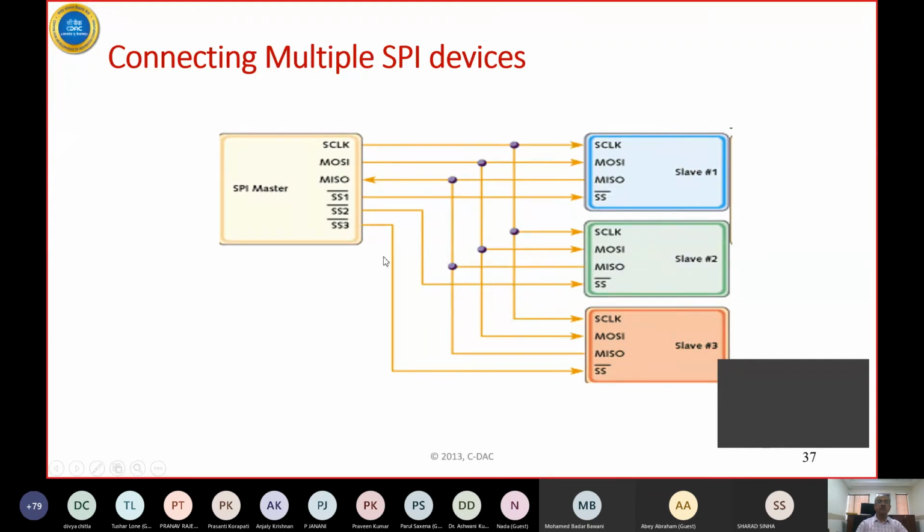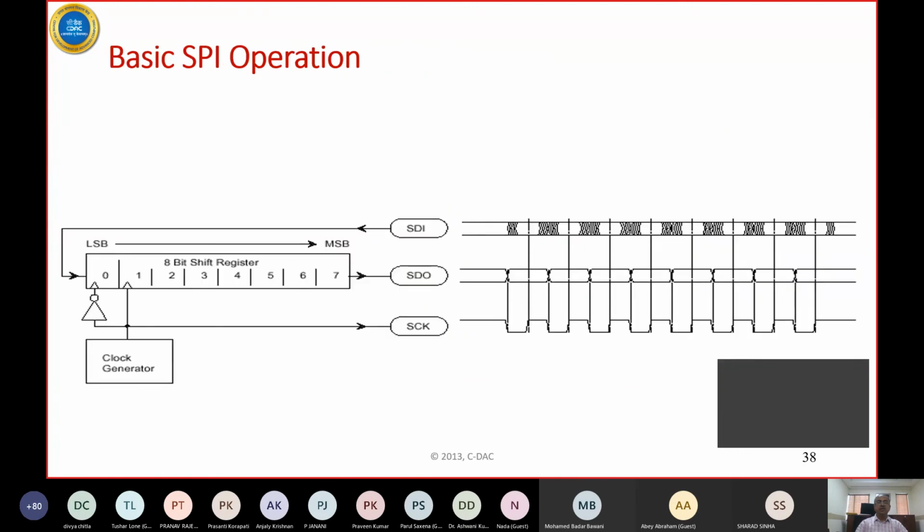So the hardware designer would choose one of these methods, and the software writer has to comply with what the hardware designer has done, either by sending dummy bytes or, in one shot in 8 clocks, the data is exchanged, but then the overhead is of having a select line. So this is how the basic thing works.